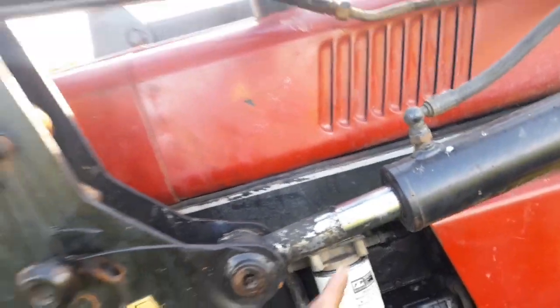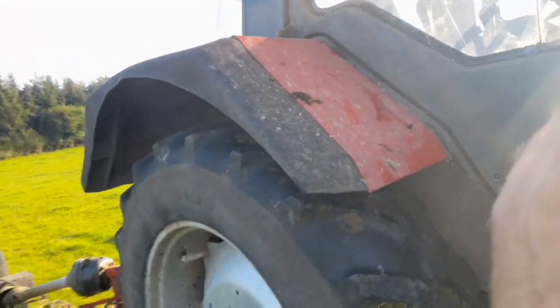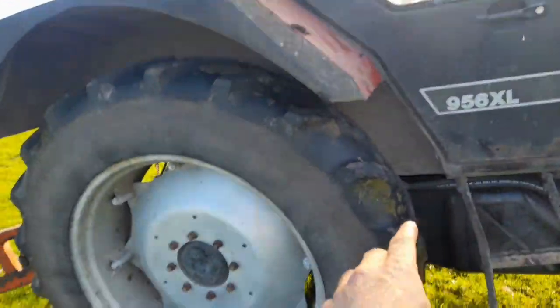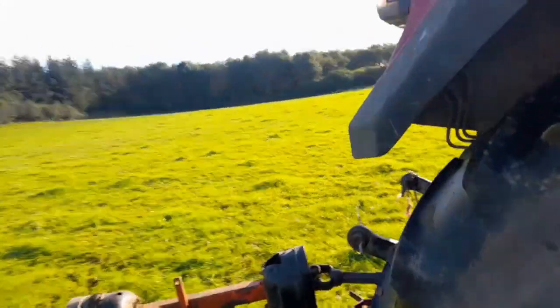And we gave the tractor a service while we were at it. The fuel filters, engine oil, coolant filter. I even dropped all the oil out of the gearbox in it. New filter for the 4-wheel drive, new oil in the gearbox and all that. And around the back here,